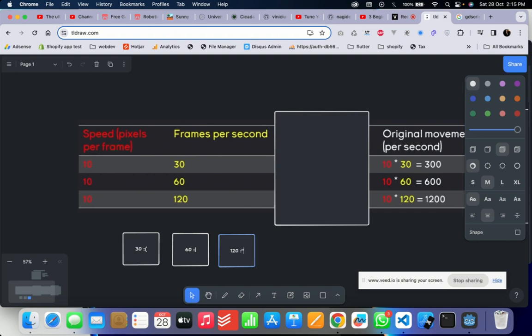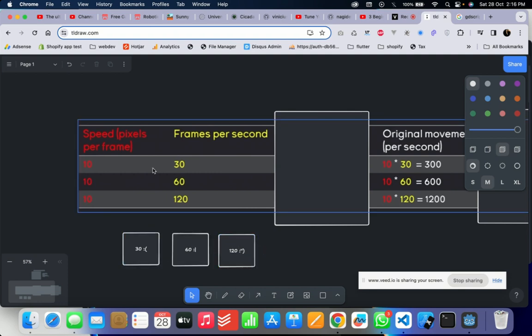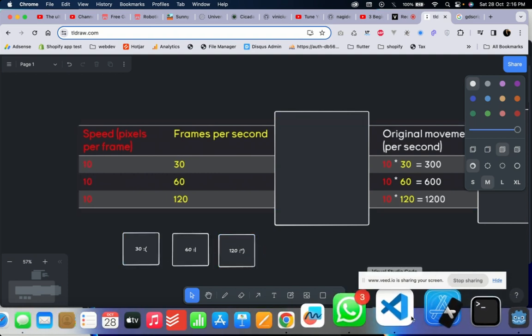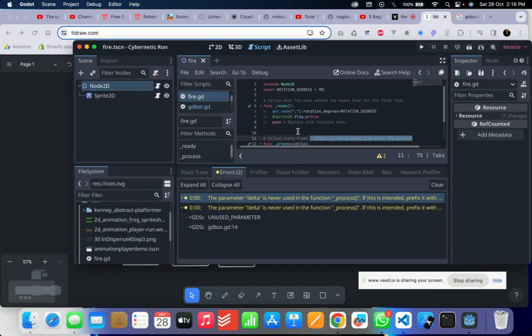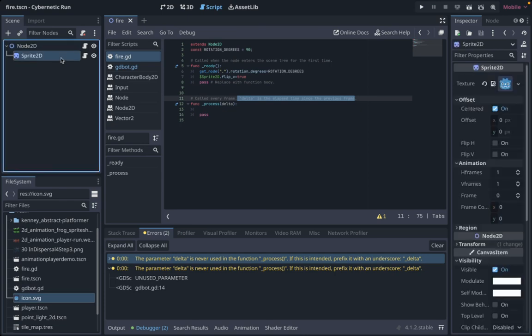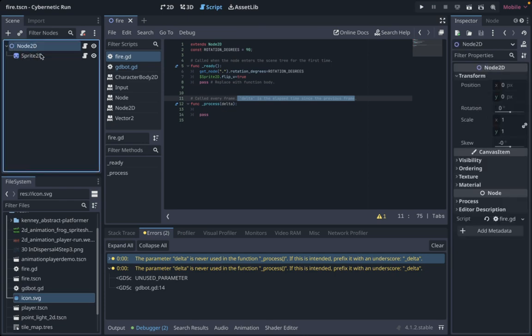So something like this, he is very happy. So the reason why these guys become happy is because now I will tell you. So let's say you have built a game, and let's say you want to change the speed of this image by which it's moving,